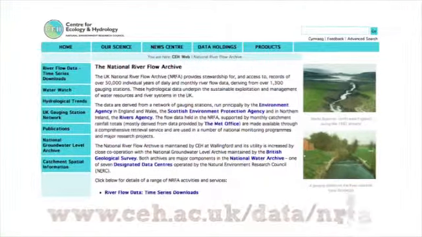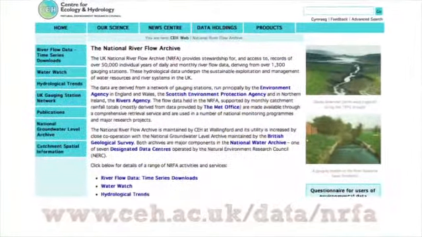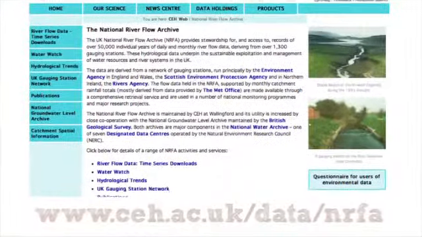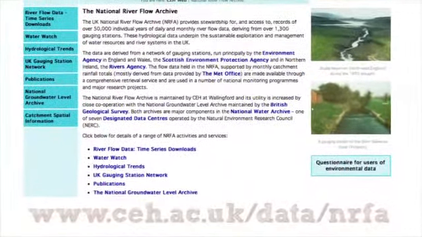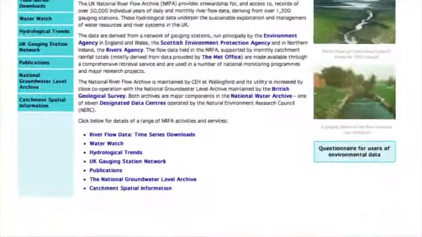Fortunately, there's a low-cost way of accessing some of this data. The UK National River Flow Archive at Wallingford in Oxfordshire has records of river flow data gathered from more than 1,300 monitoring stations in the UK. The staff at the archive are able to tell you how near your site is to one of their gauging stations, and for a fee of between £50 and £300, they can generate the flow data that you need, including